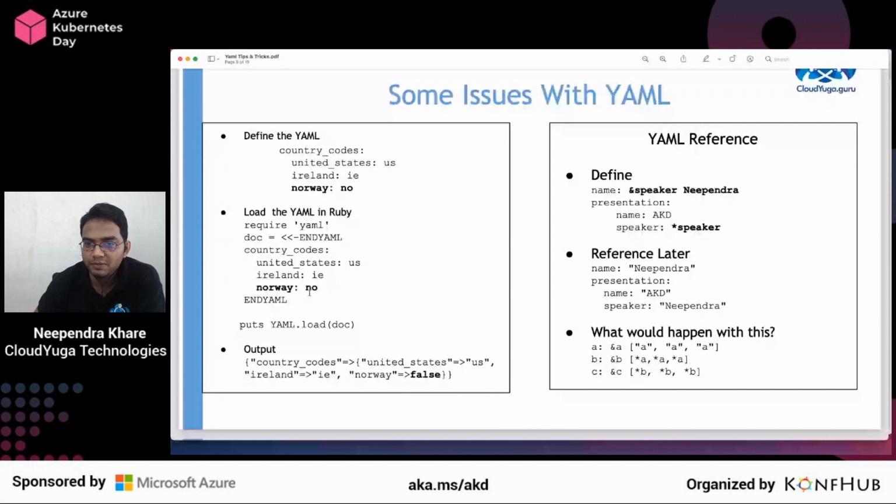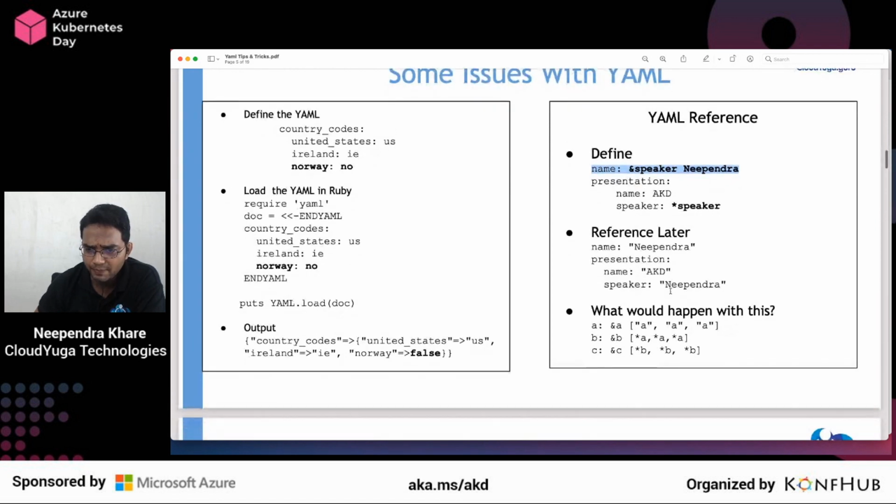One more thing here. For example, here we are using a YAML reference. The idea is that I can refer to something by this ampersand here. I'm sure you would have seen that. This is the first line, in which I'm saying there's a speaker. Think of pointers in C, right? So you're saying refer to Nipendra as the speaker, and when you want to decode it, you say star speaker, and it becomes Nipendra here, right?